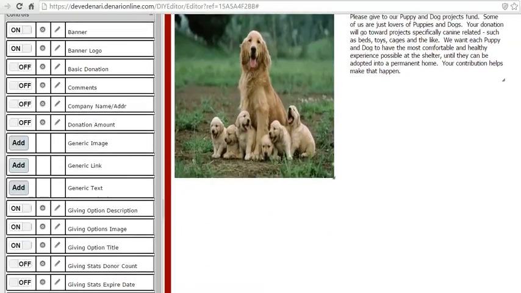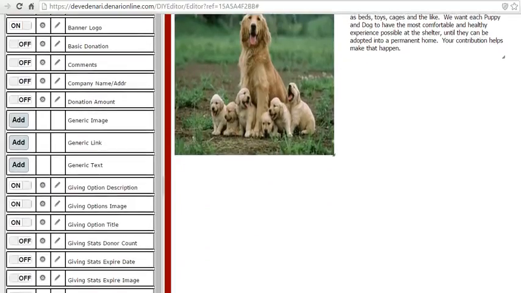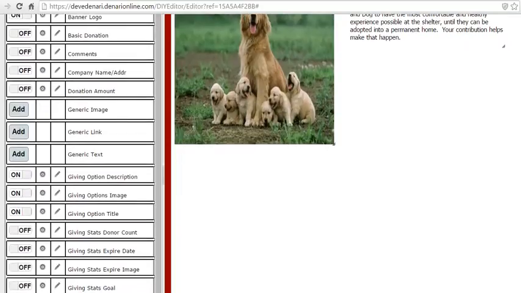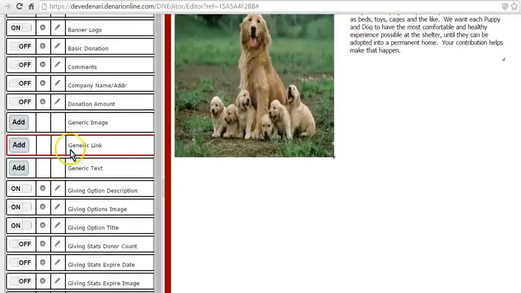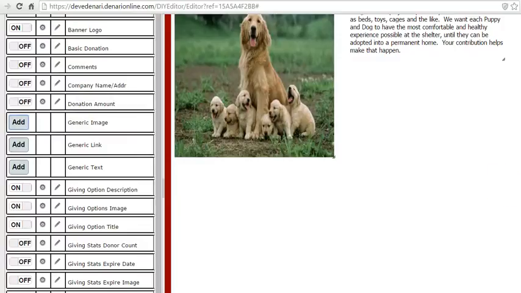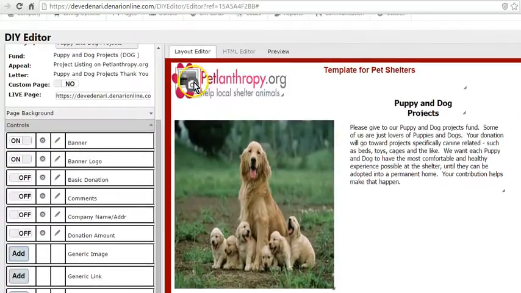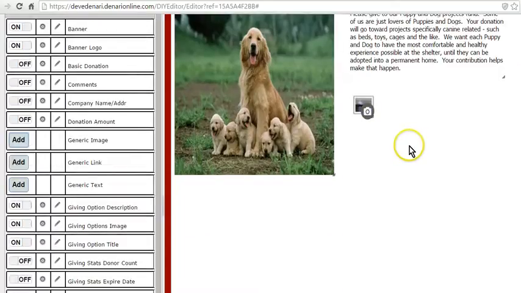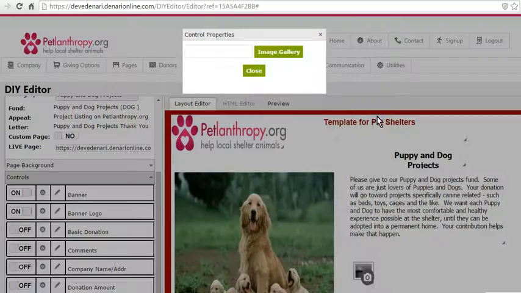However, you can also add images or text that are not necessarily coming from the giving option. And we can do that by using the add generic image control here, and we can have as many of these as we want. So I can just click add to turn on one of those boxes. And so when I do that, I get this little control up here in the upper left hand window, and I'm going to pull that down here where we can work on it a little bit. To get my image into that window, I'm going to right click and choose properties. Now I can go to the image gallery,